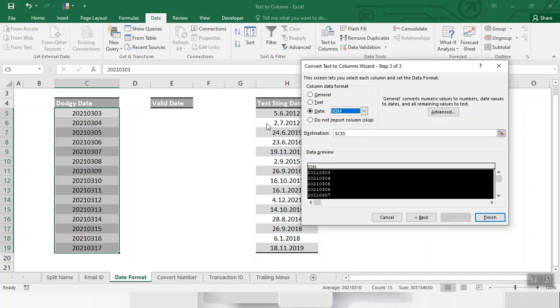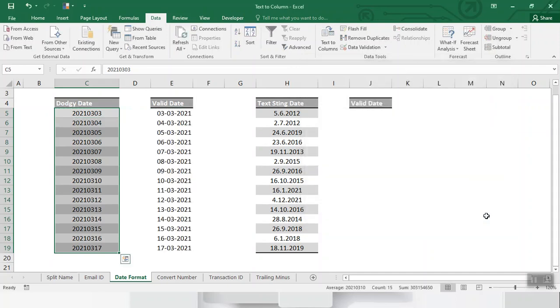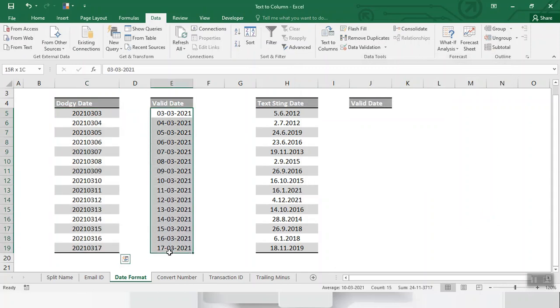My format is year, then month, and then date. This is the correct format. Choose a destination place. I choose E5. Click finish. Here you go. My valid date format appears.